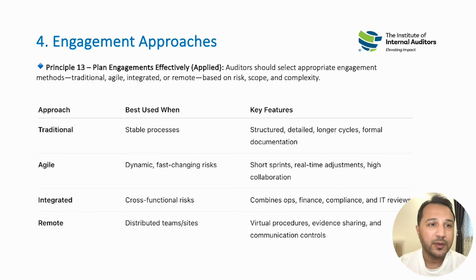In terms of determining the audit engagement, we have primarily 4 different types of approaches. The one is traditional, in which we follow the entire audit cycle: planning, execution, and reporting. The second one is agile, where the circumstances do not allow us to effectively plan that area, maybe because of lack of policies and procedures. Maybe that area is very unique to that company and industry or sector, which cannot be benchmarked against any established criteria.